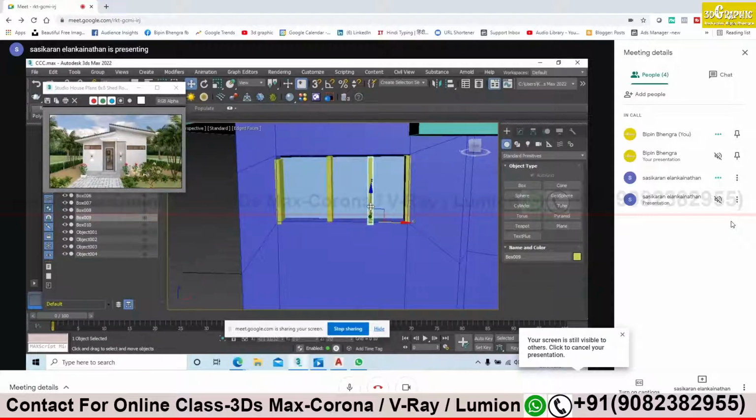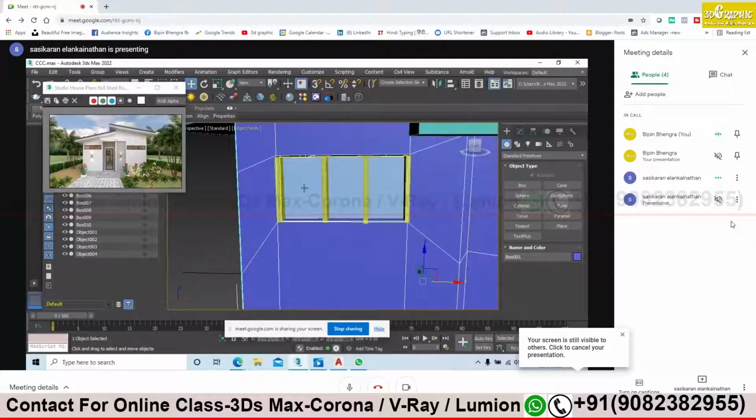Yes, correct. Yeah, that's okay. Just create another panels.